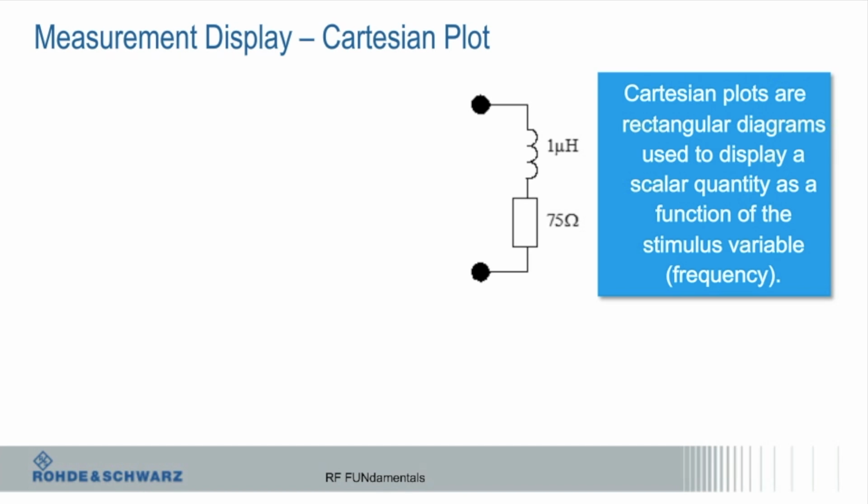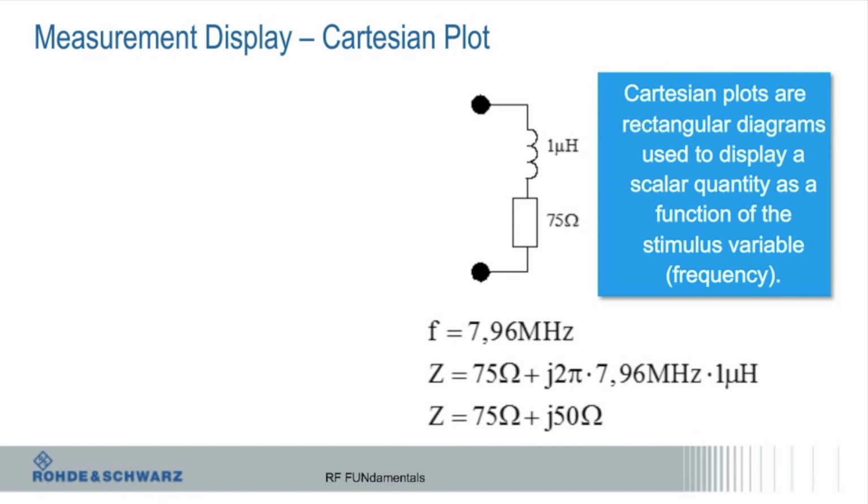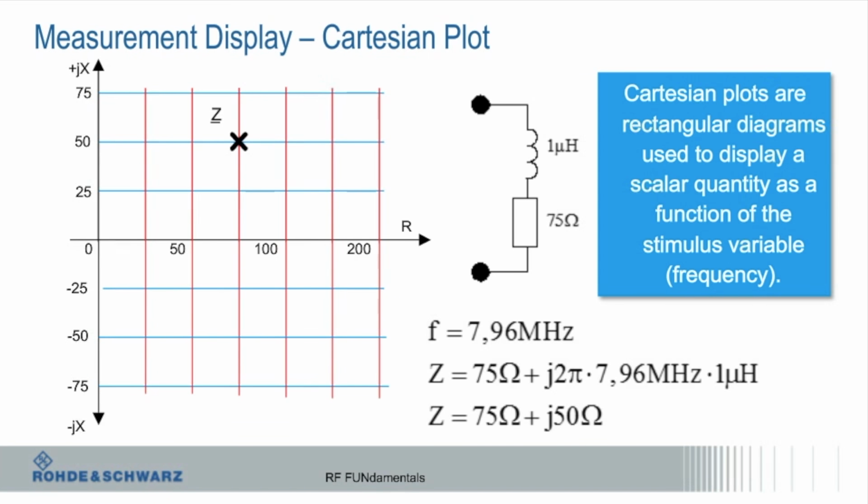Cartesian plots, and this is what you mostly look at. Rectangular diagrams used to display scalar quantities as a function of frequency. Most of what you look at with a VNA is as a function of frequency, although it could be other things. Another example is as a function of power. If you want to look at what happens to my device as I crank up the power, you can also do that. And again, if you want to do weird stuff, talk to your account manager and I'll come and entertain you. Anyway,